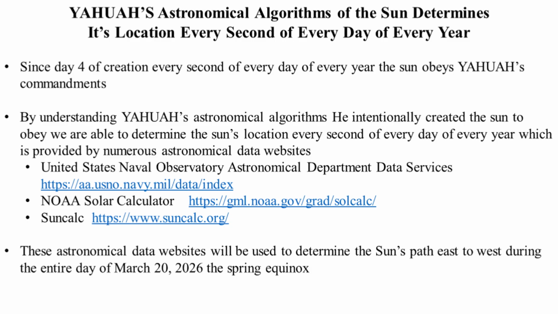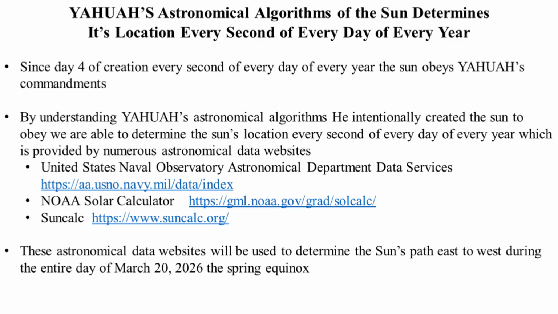UU's astronomical algorithms of the sun determine its location every second of every day of every year. Since day 4 of creation, every second of every day of every year, the sun obeys UU's commandments. By understanding UU's astronomical algorithms he intentionally created the sun to obey, we are able to determine the sun's location